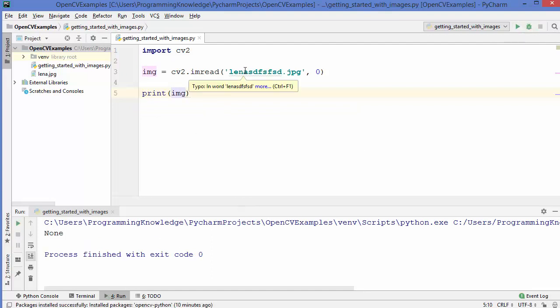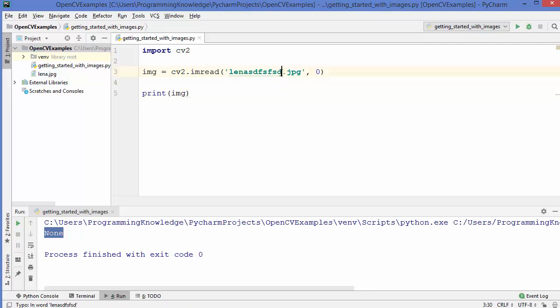And you can see whenever you give the wrong file name or wrong path here, as a result of this method you will get None. So you can check the value of image, and if it is equal to None, then you know that you have done something wrong, or you have given some wrong file name or wrong path here.